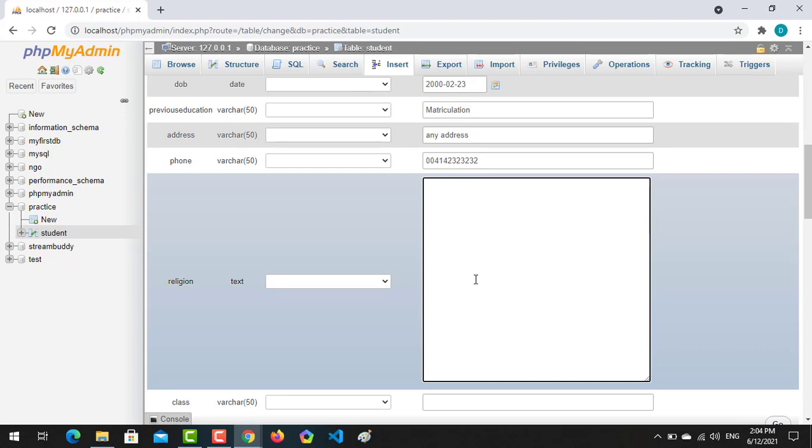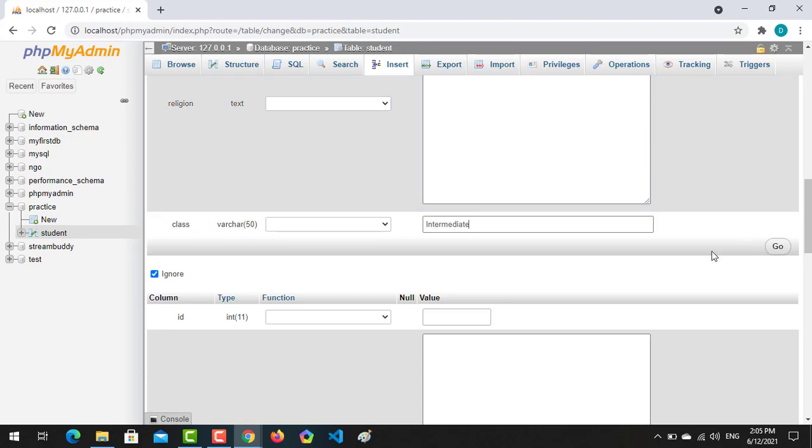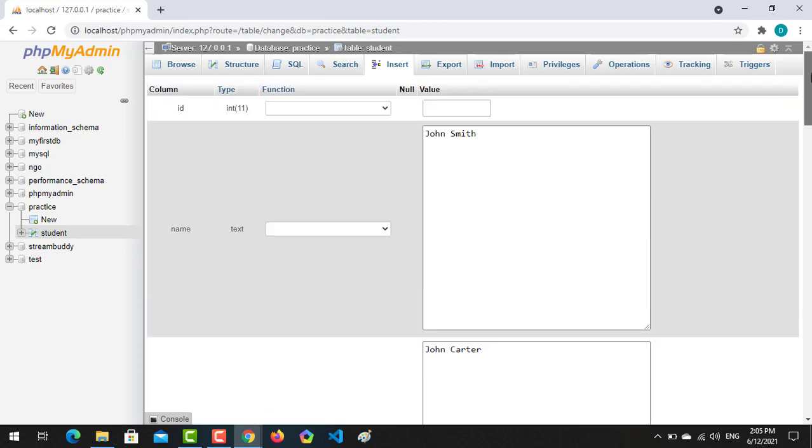In the religion, you can leave it as null, or if you want, you can write any religion on your own. If you don't want to enter any religion, you can leave it as undefined. And the class is the current class in which you want to take admission. In my case, I am intermediate. So all the data has been filled into the fields.